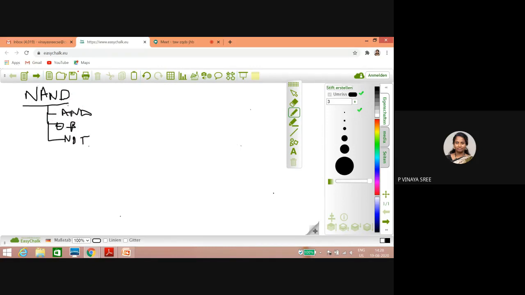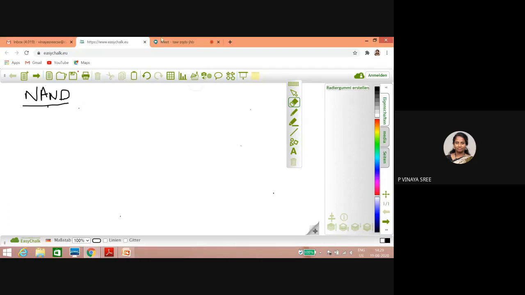With this gate, you can implement AND, you can implement OR, you can implement NOT. So that's the reason that these are universal gates. So how can we implement these gates? I am explaining only NAND, but don't consider NOR as not universal. NAND and NOR both are universal gates. With these, we are able to implement the basic gates.